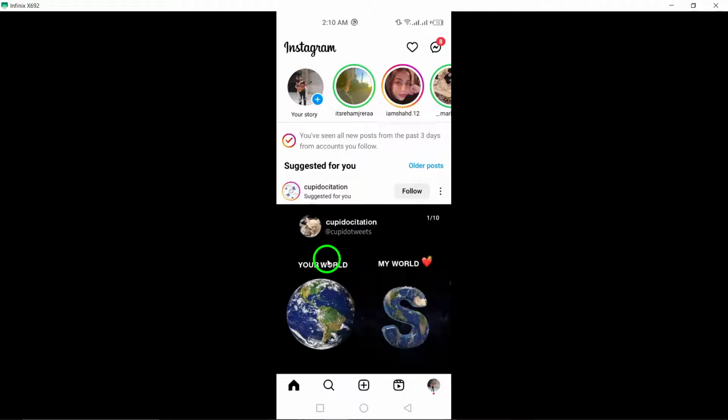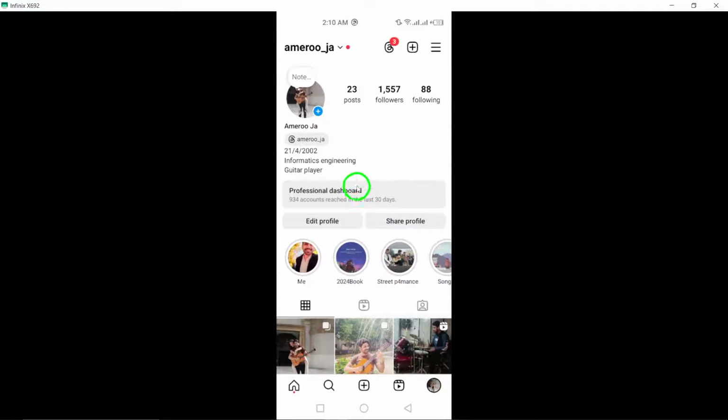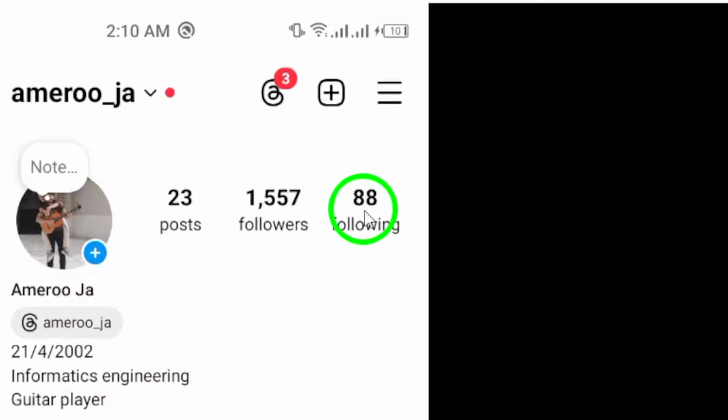Tap on your profile icon located at the bottom right corner of the screen. This will take you to your Instagram profile page where you can manage your account settings. Once on your profile page, find and tap on Following to view the list of accounts you are currently following